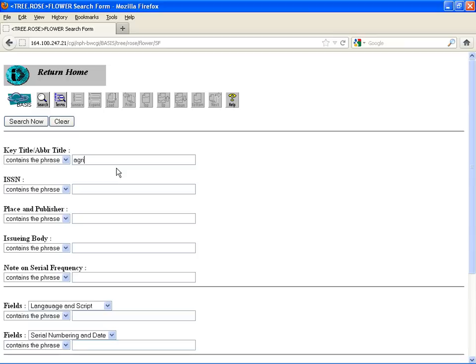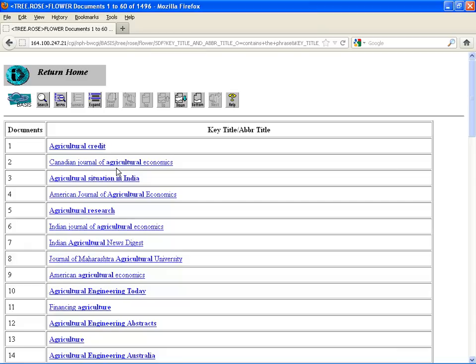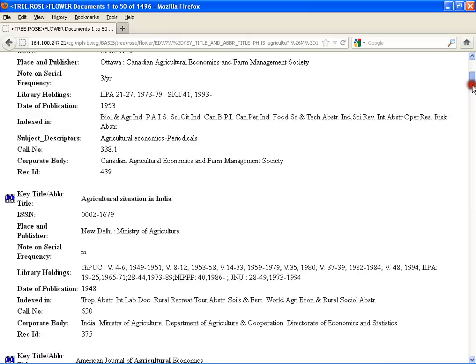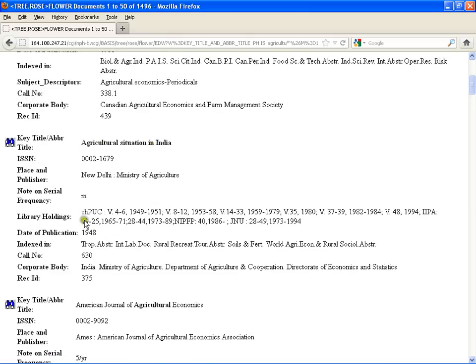So now let's say, for example, I'm looking for some journals on agriculture, and you can see over here it says 1496 such hits are there, and you can just expand this. You can see over here in MDI, agriculture credit, they have right from volume 15 to 20, 1986 to 89. You can move down and see agriculture situation in India, Punjab University Chandigarh, volume 4 to 6, 1949 to 1951. Then they have from 1953 to 58, from 59 to 79, and likewise in different libraries the coverage of